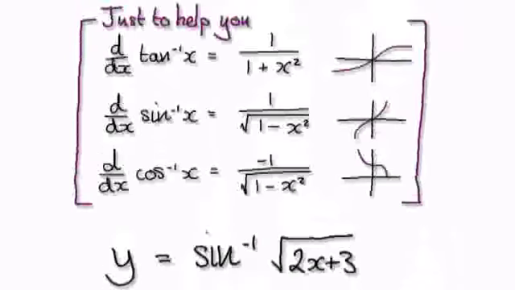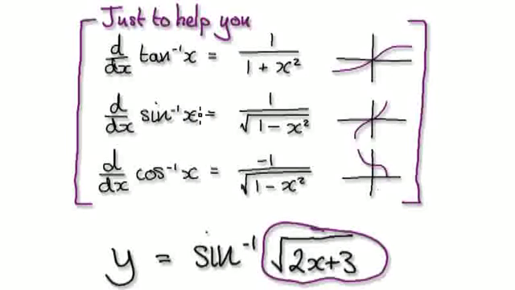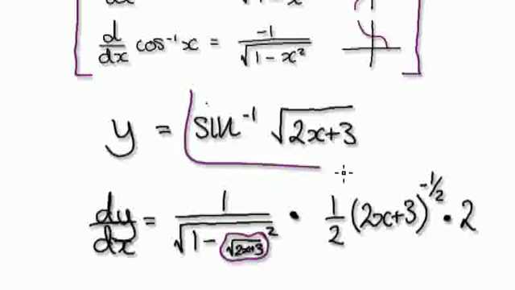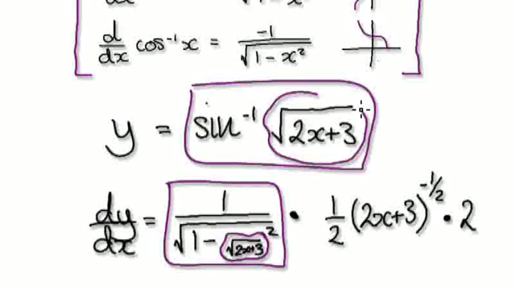To differentiate the inverse sine of this bubble here, you've got to use this. Whatever this bubble is, don't forget this is our bubble. You can imagine this as being like this. Don't forget you've got to square the x later on. So just to differentiate this, it will become this, and because the bubble is a function of x,